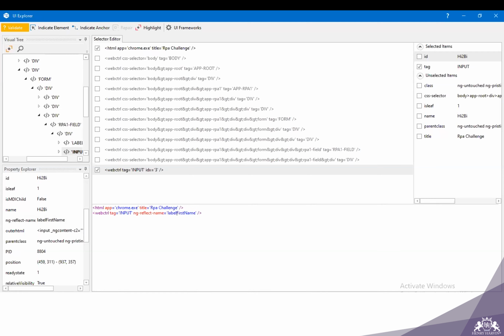All right. So after making these changes in the selector, I'll say validate.